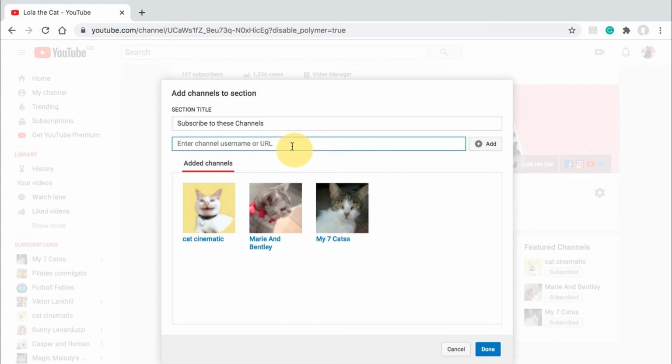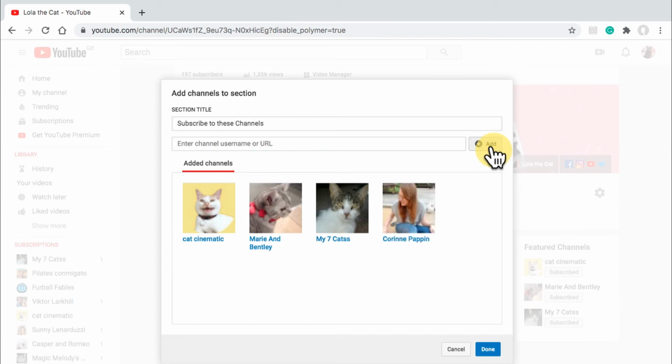And in the second box, you need to add the URL for the YouTube channel you want to feature. So I already know what the URL is for the channel I am featuring, so I'm just going to go ahead and type it into the box here. But if you don't know what it is, you can go to the YouTube profile, copy the URL and paste it into this box. So okay, so I'm done with that, and now I just need to click this add button at the end here, and as you will see, the logo of the featured channel has appeared in this